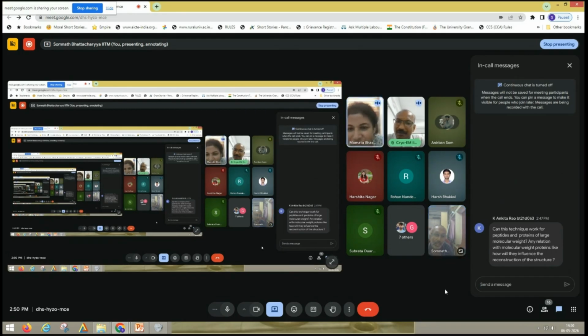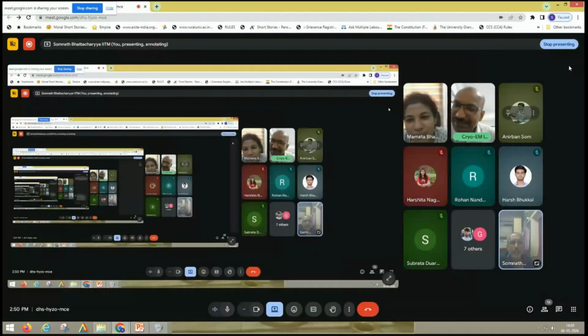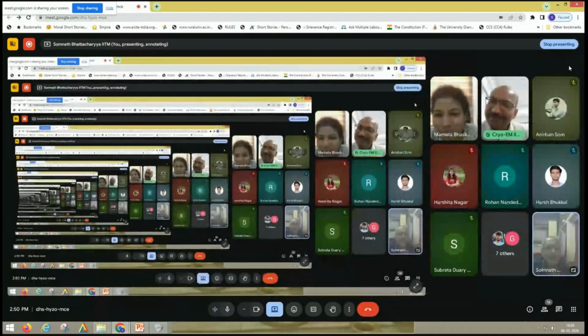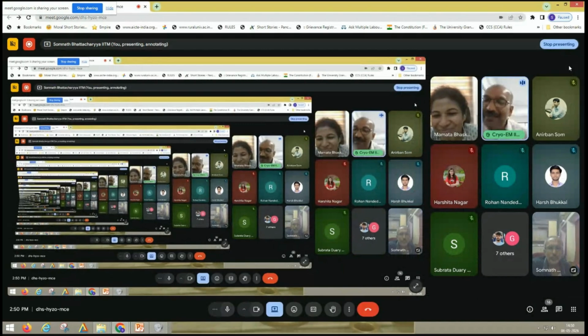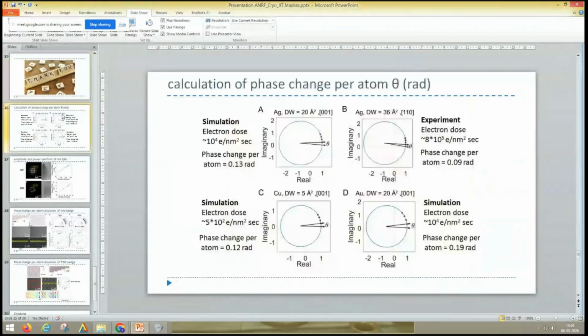Mani, you have a question? Hello, sir. I have two technical things I would like to understand. One is what kind of detector do you use? It's a camera only, a CCD camera. Image only, nothing else. And the total dose per tilt series, or focus series? You can see, I think it is written there.